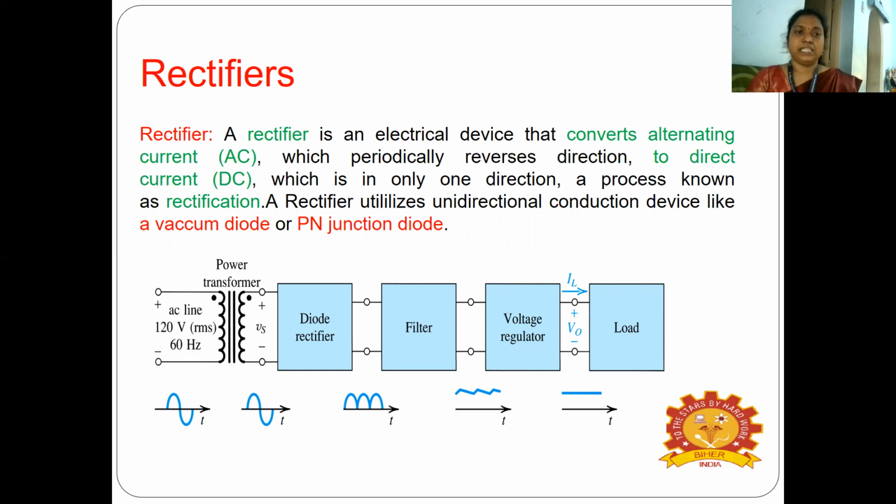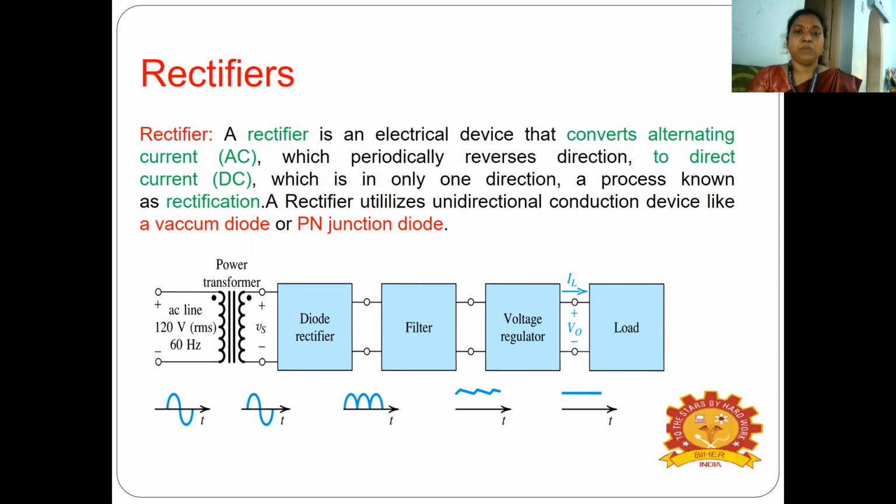So a rectifier, simply we say, will convert an AC signal to a DC signal. In most electrical devices, a DC signal is wanted. We know that the incoming signal to all the electronic devices and appliances is AC, but for a few purposes we need only the DC supply. So there we are using a rectifier. It is a unidirectional device, so we can use a vacuum diode or PN junction diode as a rectifier.